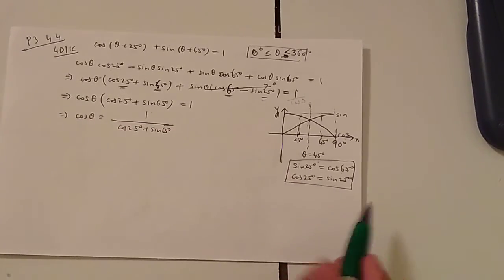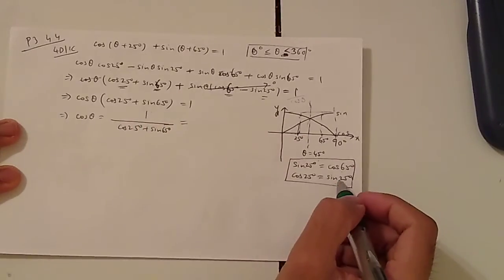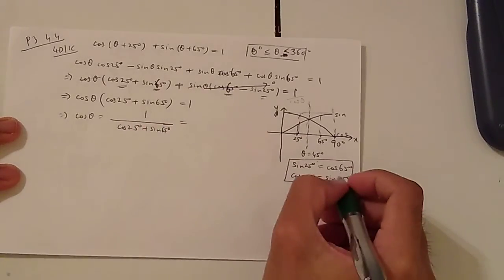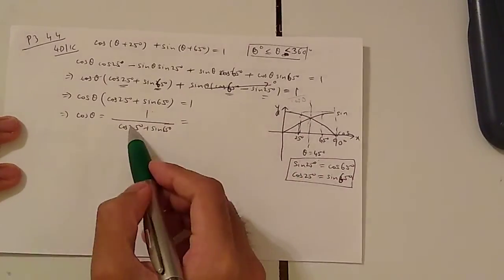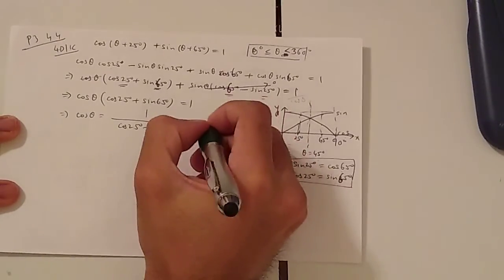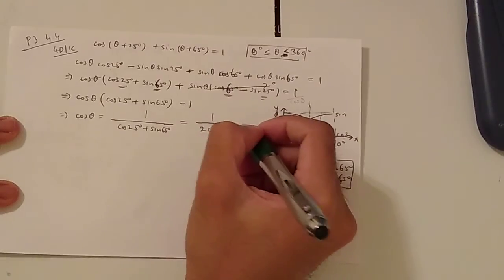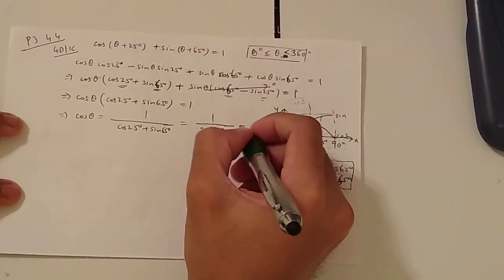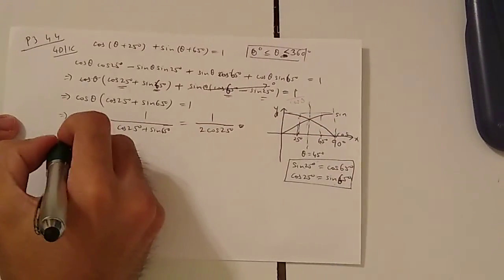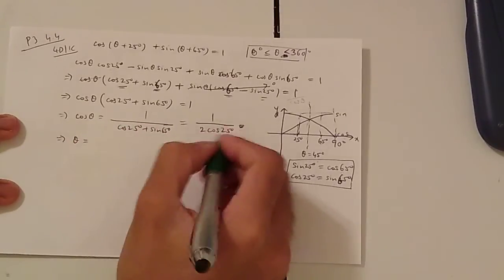Cos 25 and sine 65 are the same thing, so we have 1 by 2 cos 25 degrees. This you can use the calculator to find the answer. Theta is therefore equal to cos inverse of this entire expression, and if you use the calculator, you find that